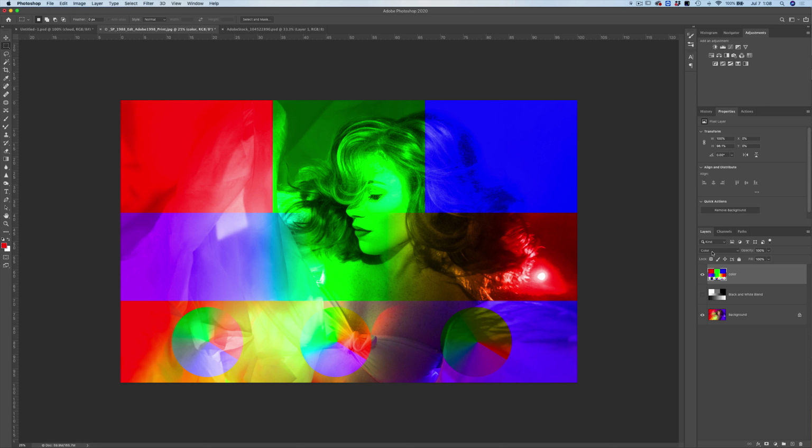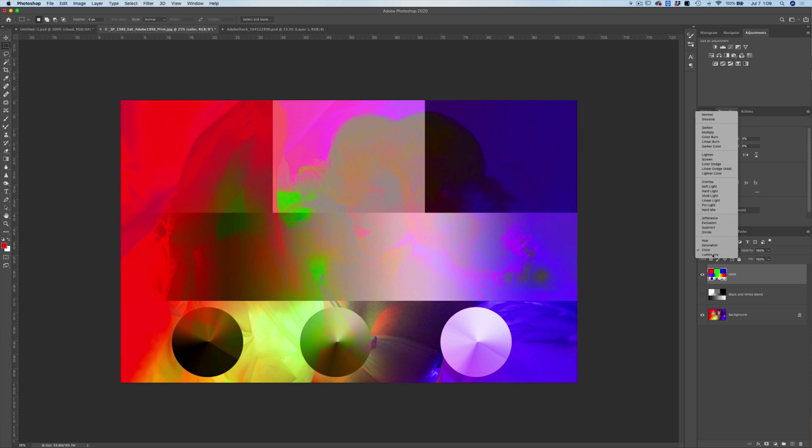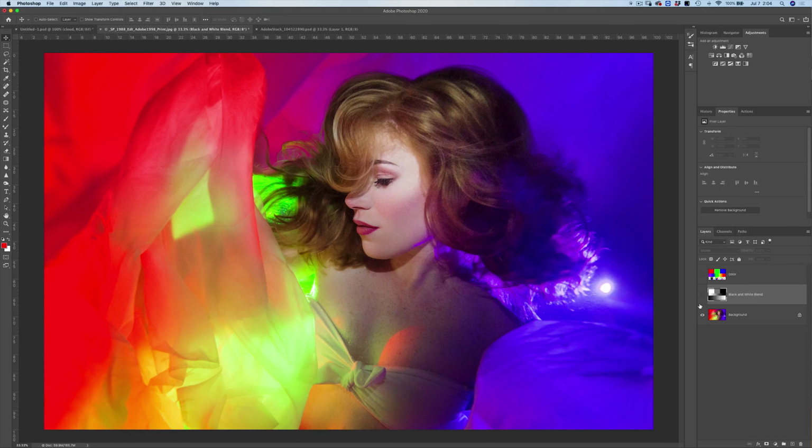Our last blend mode is going to be luminosity. And what luminosity is going to do is it's going to keep the hue and the saturation of the background, but it's going to use the luminance from the top layer that we have up here, okay?